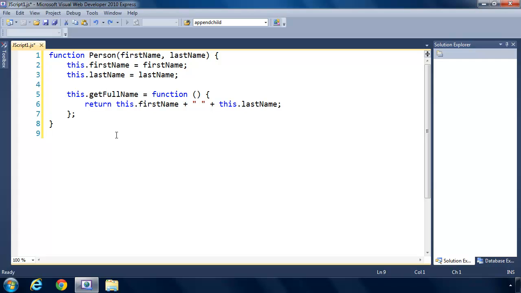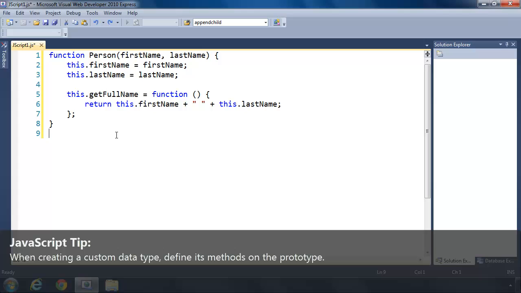Unfortunately, this anti-pattern is not only being used in normal everyday code written by Joe Everybody, but it's also being used in teaching material, in books, and online tutorials and presentations, where there's no warning to the effect that this can have to the efficiency and performance of your application. And the inefficiency comes from the fact that we are defining the getFullName method inside of the constructor as opposed to on the